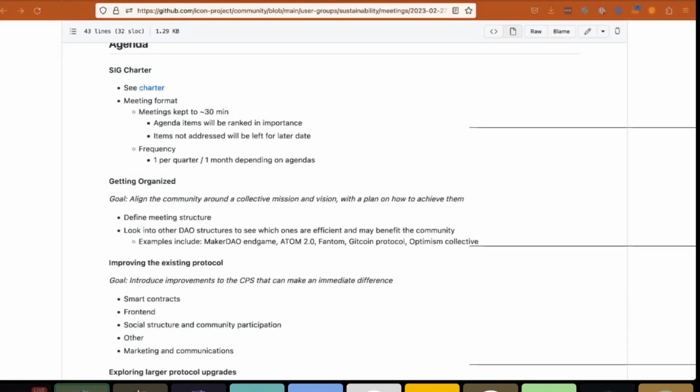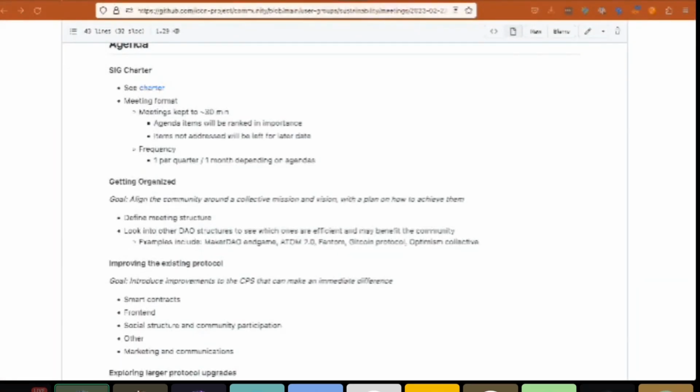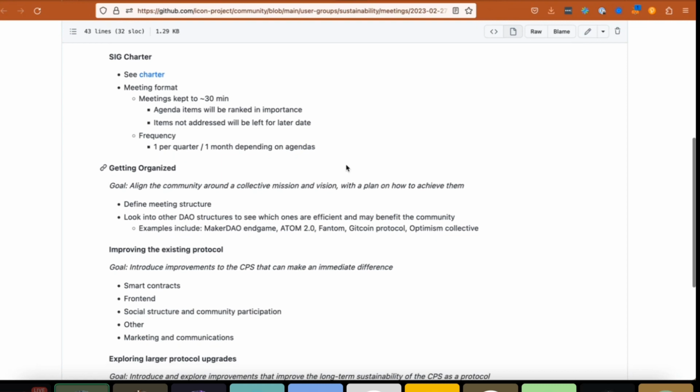So yeah, without further ado, let me start with the intro. This is run by a user group called the Sustainability User Group. You may have seen that word and special interest group flying around here. Basically, what that means is just do the same thing that you're doing, but also we're organizing structures for the Icon ecosystem to both grow and track its current state, a little bit more in line with the way that a typical open community does its organization and tracking.